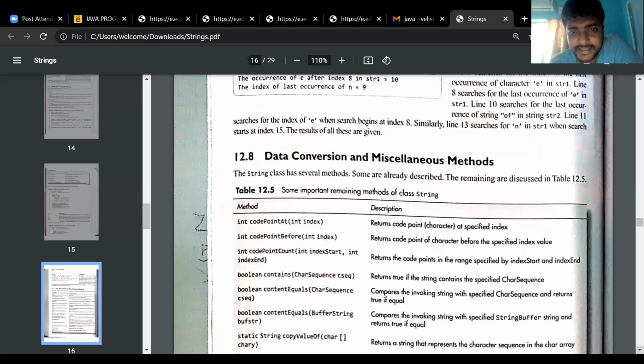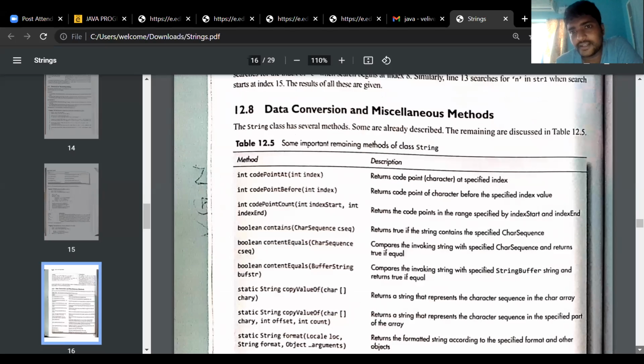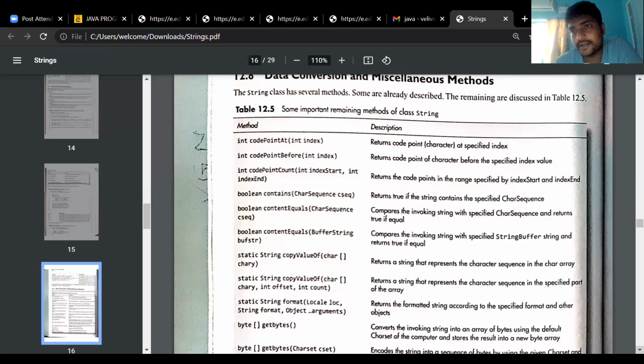So next one is data conversion and miscellaneous methods. Other than comparison, getting a substring, or searching, we have some miscellaneous methods also.